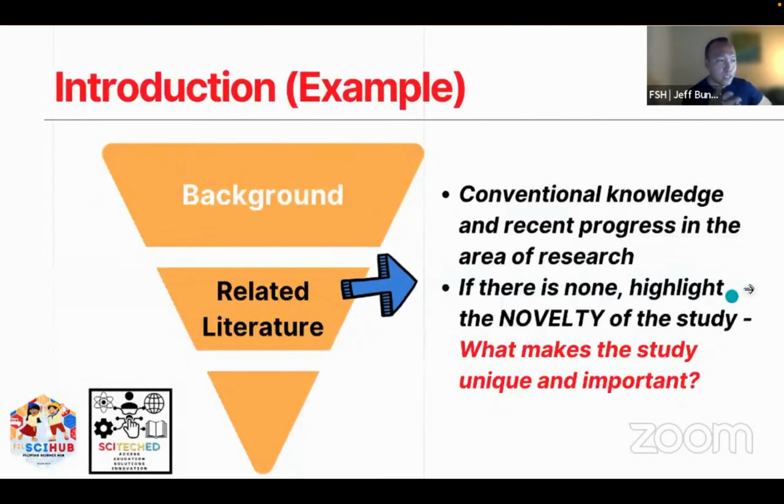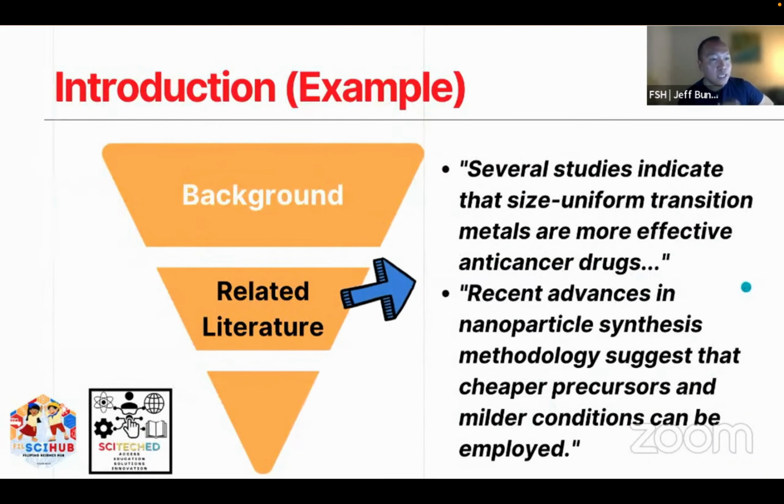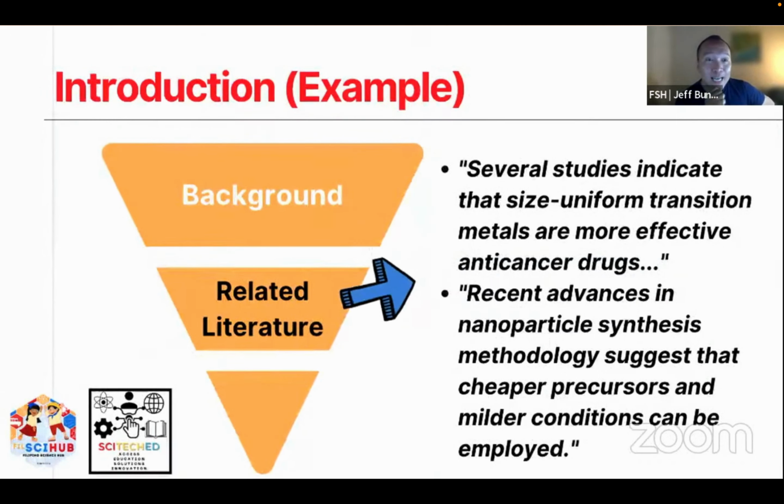Okay, so example dito. Several studies indicate na yung size uniform daw na transition metals are effective anti-cancer drugs. And then, recent advances showed na itong process, yung pag-produce ng mga nanoparticles na to, pwede itong maging mura kasi historically mahal yung process nila. Alright? So again,